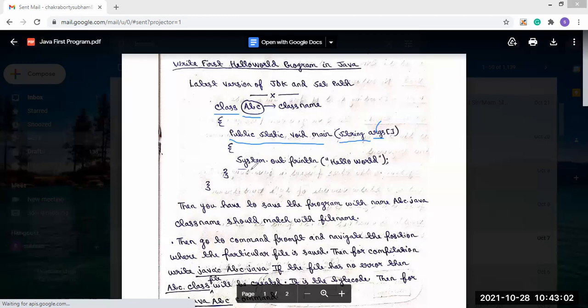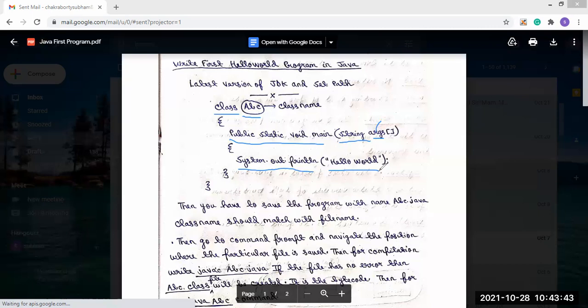And inside this main function, what we have written is System.out.println. This works like printf. In C we use printf; instead, in Java we use the System.out.println function for printing any value, variable, or statement. And here you see we have printed hello world. So this is the simple program you see. Each of these has some meaning.